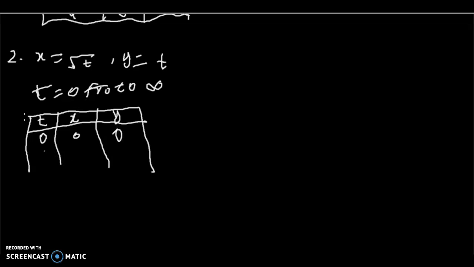When t equals 1, x is equal to 1, y is equal to 1. When t equals 2, x is root 2 and y is 2. When t equals 4, x is 2 and y is 4, like that. And the graph will be of the form